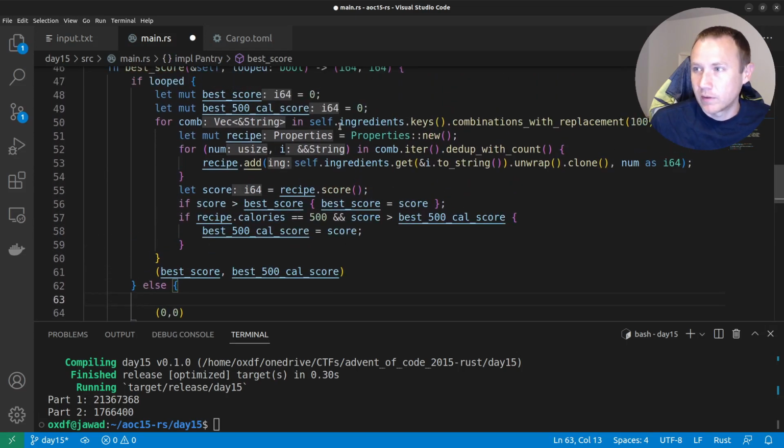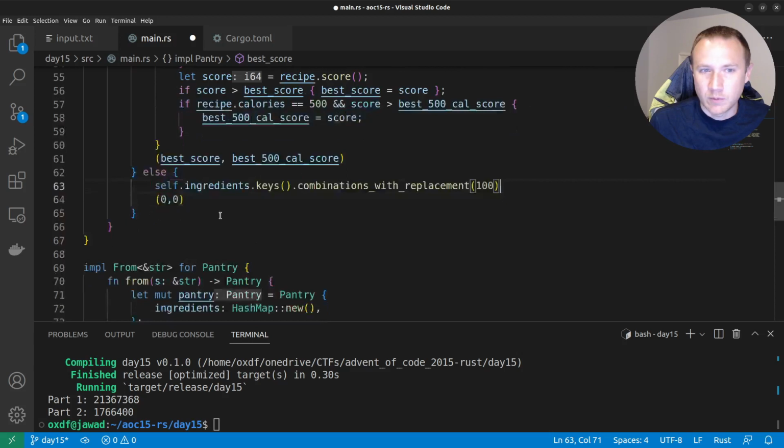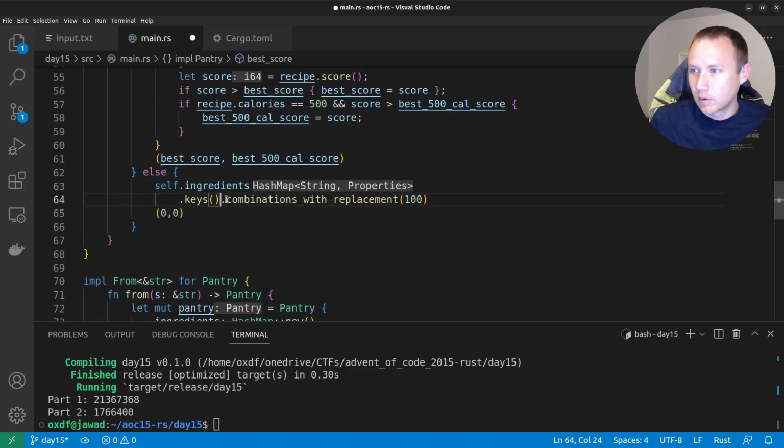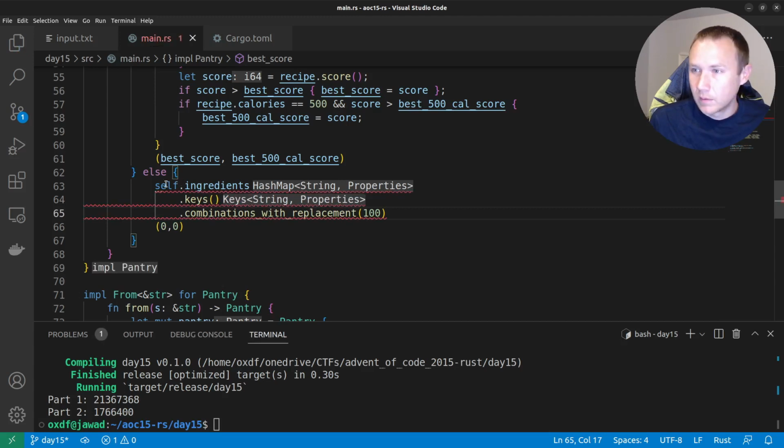We're going to start off exactly the same as we did. We need to get the self ingredients keys combinations with replacements, and I'm going to start, just for the sake of making this look nicer, by putting all this stuff here. So we get this, and let's say let x equals